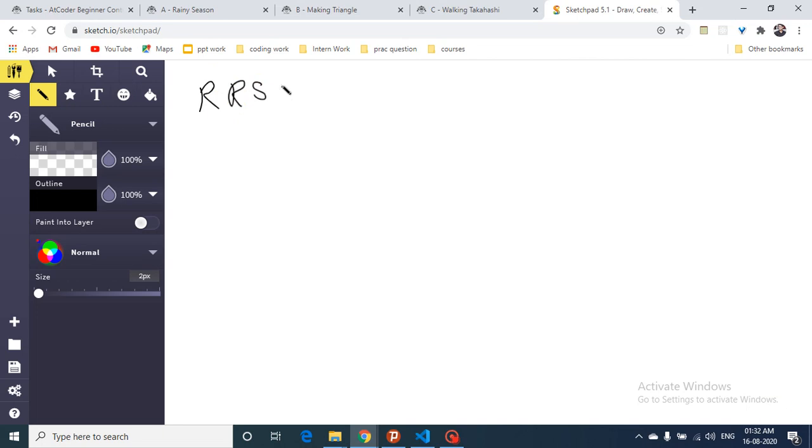So what you'll do, you insert an S at the end, because there can be a case such that it is S, R, and then S. Okay, so these are the three characters which we have. If you insert S at the end, it acts as a breaking point. Okay, now you start from left to right and count: if there is an R, increment the total. Total is the total number of consecutive R's.